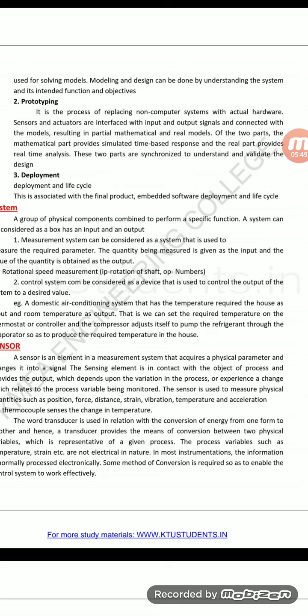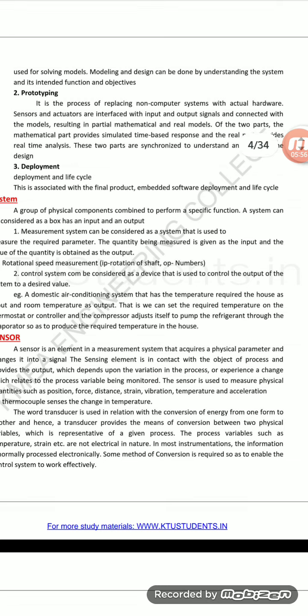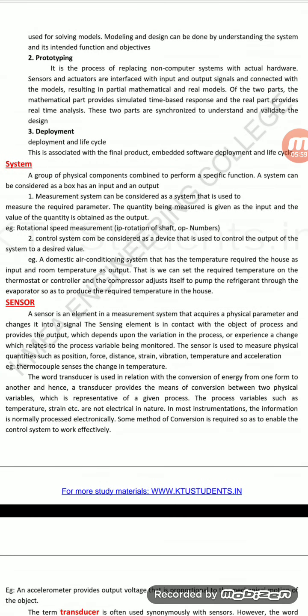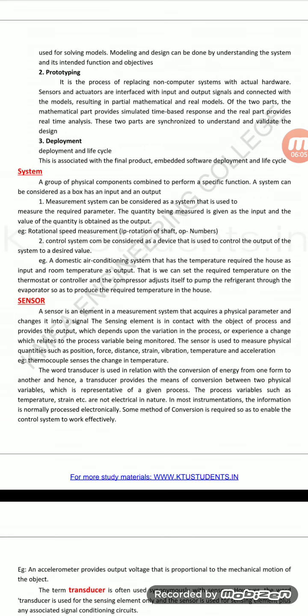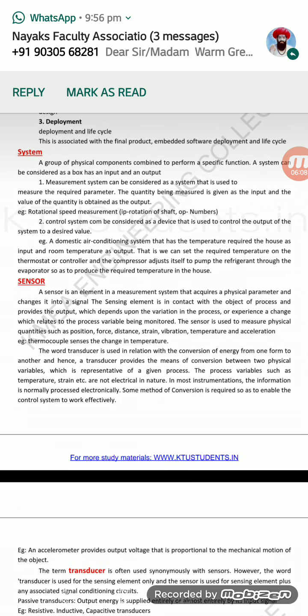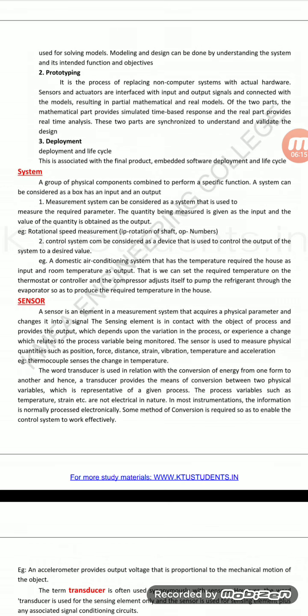This is associated with the final product, the embedded software development life cycle. Development of a product means we are developing an entire project. After development, how does it work, what components are taken, how to design, how to write the programming, how to dump the program, each and everything we have to mention in development equipment. Next, go for systems: a group of physical components